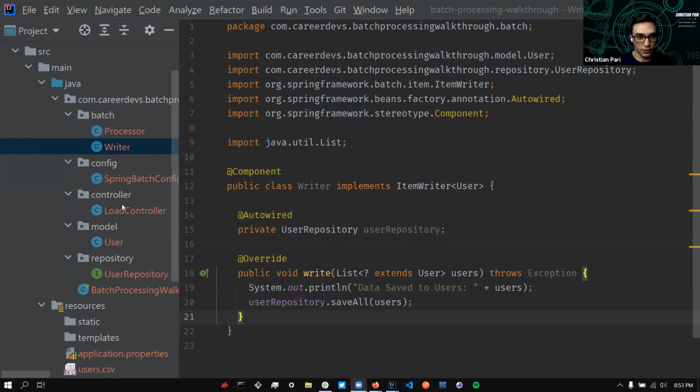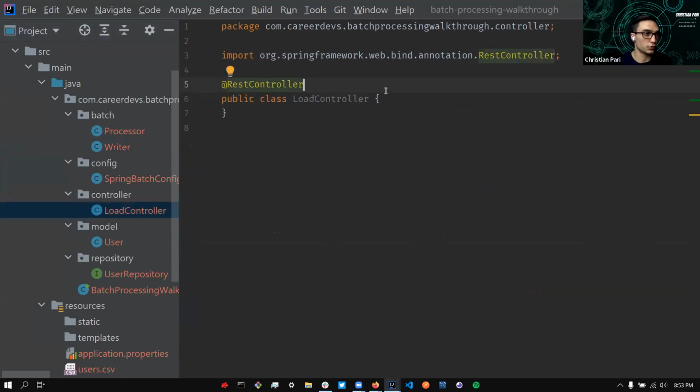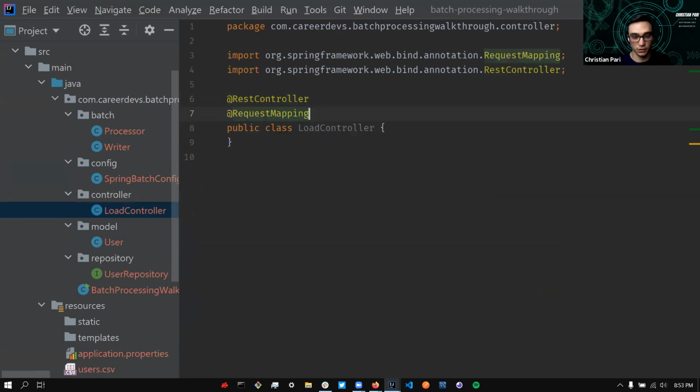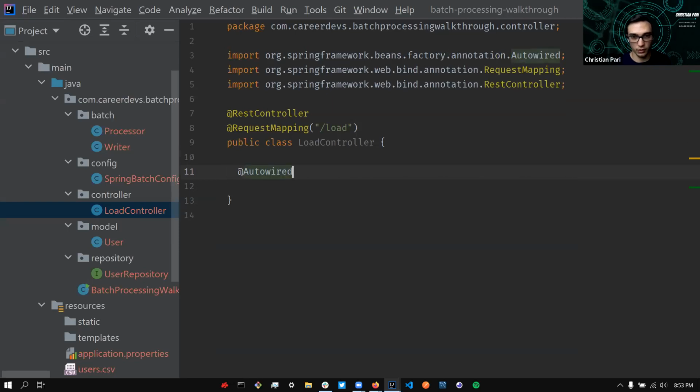All right. So back in the LoadController. It's using the @RestController annotation, and then next is going to be the @RequestMapping annotation. Then we're going to say path "/load". So it's going to be localhost:8080/load when this controller is going to be used for any of the requests. And we just need to now autowire, using the @Autowired annotation, our JobLauncher,